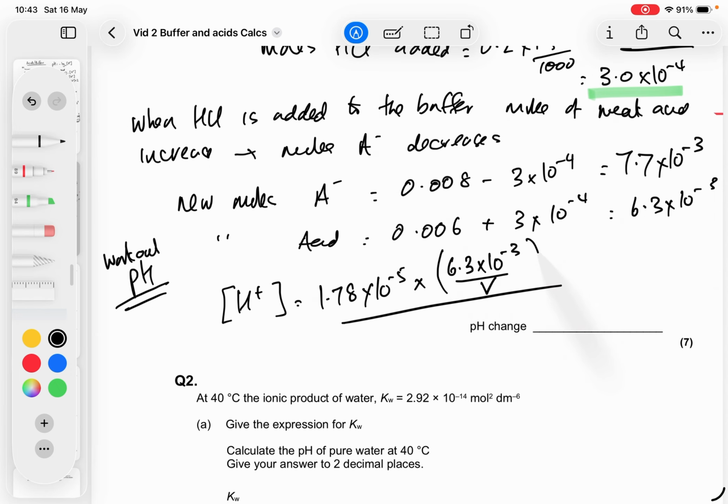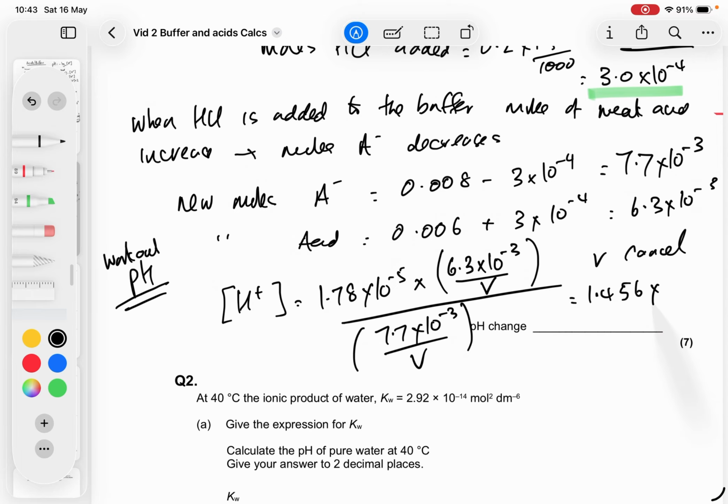I am showing my working out. Concentration is moles over V. It's a buffer, so in the buffer your volume is the same. So V cancels. So 1.78 times 10 to the minus 5 times 6.3 times 10 to the minus 3, and then divide that by 7.7 times 10 to the minus 3. That comes to